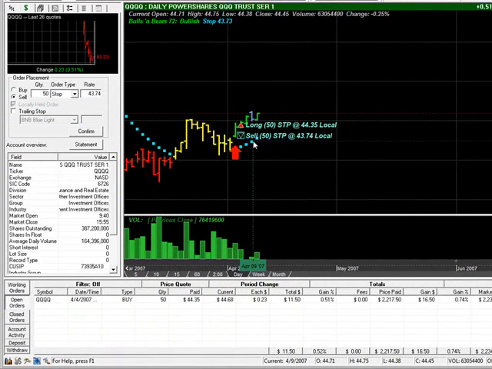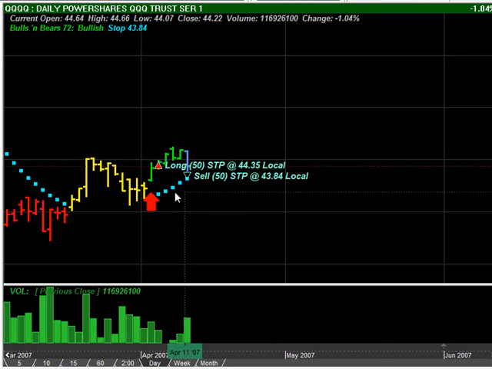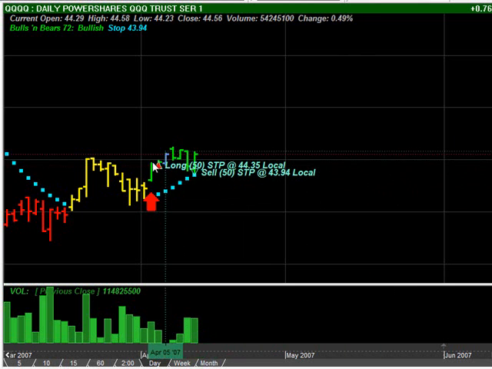So I'm going to go in there and edit my order. And I'm going to say I want this to be a trailing stop based on the blue light system. I'm going to hit confirm. Now, as that market moves forward, it's going to automatically, mathematically calculate my stop placement based on the blue light system. So the blue light system is going to follow up that market, and notice that it pulls it up in there and it protects our position.